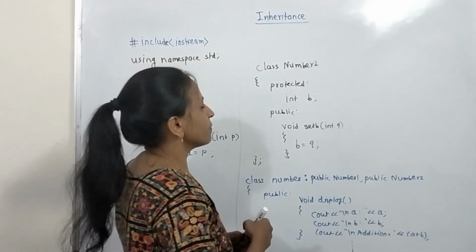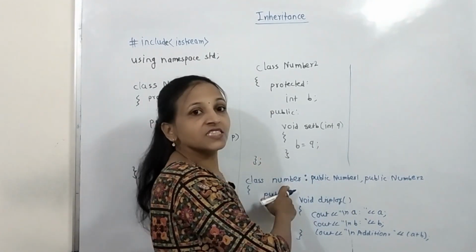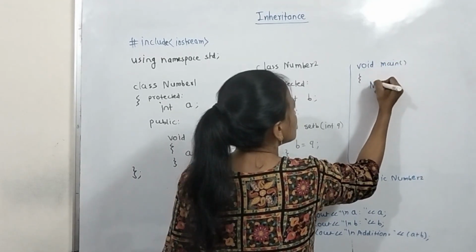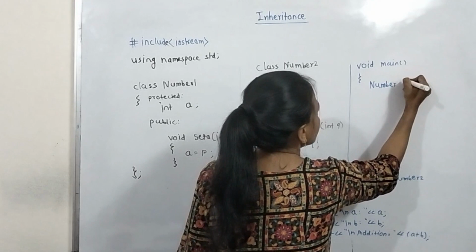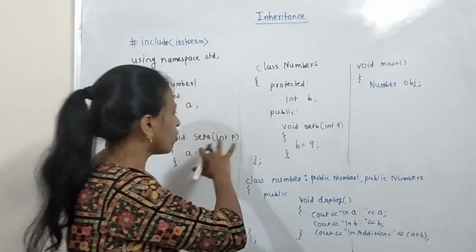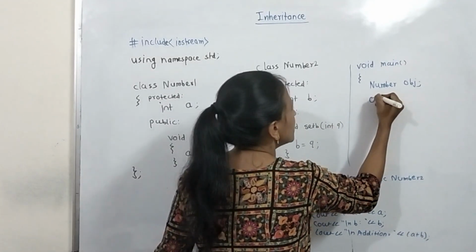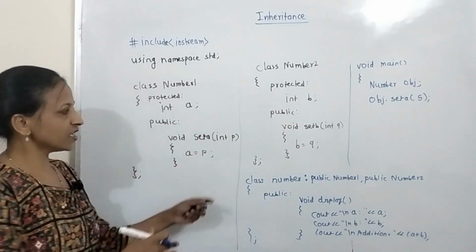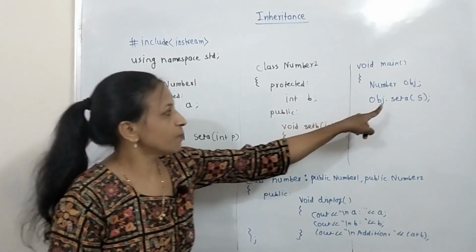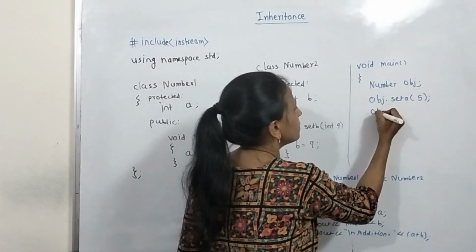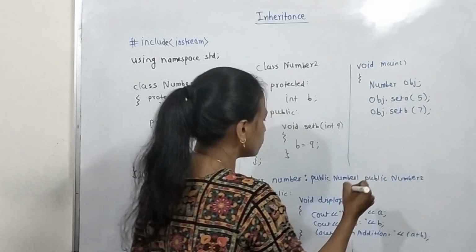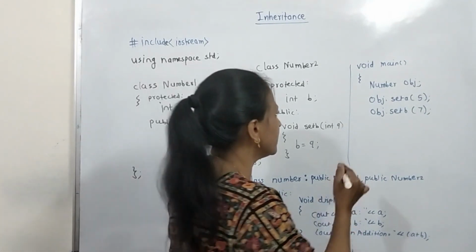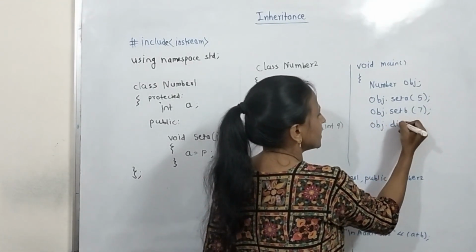Simple. Inside main we have to create one object of this Number class. How? void main, suppose, and here we create one object of the Number class: Number obj. Now we will call all the methods one by one. obj.setA, and let me pass the value 5. See, the setA method takes one integer as an argument, which I have passed here. Next obj.setB, let's say 7, and now we call the display member function. Then everything will get displayed, and again the addition will get displayed. Simple: obj.display. That's it.